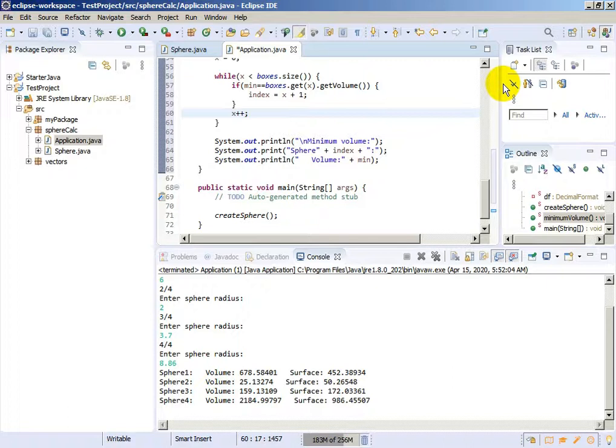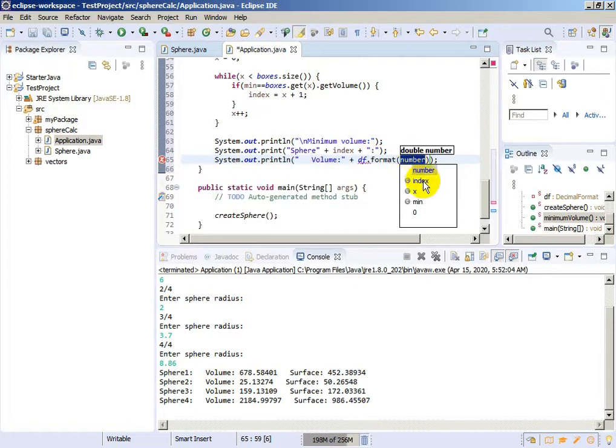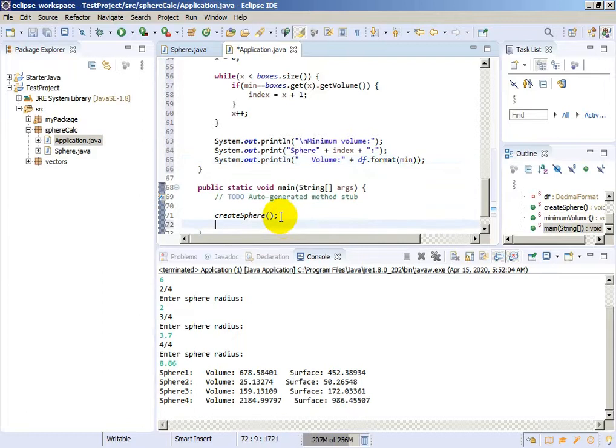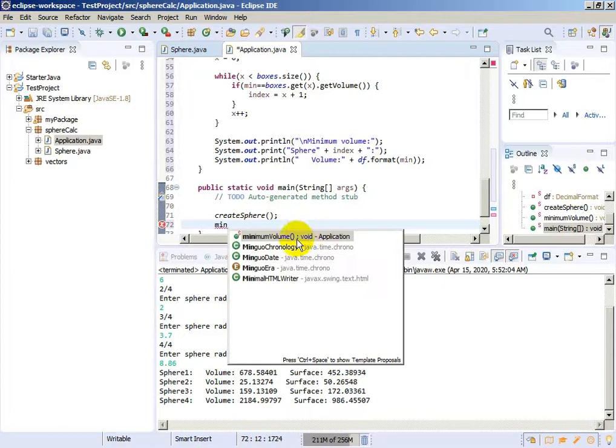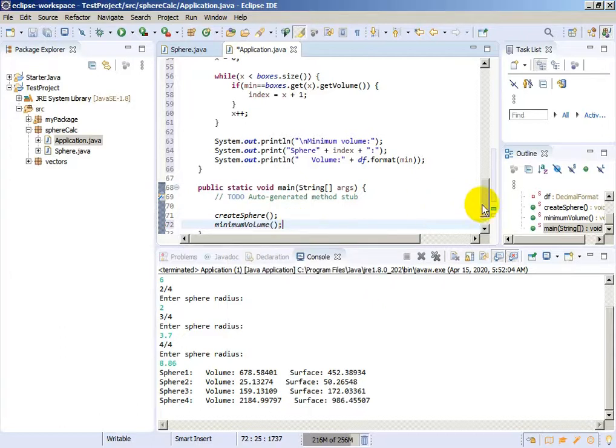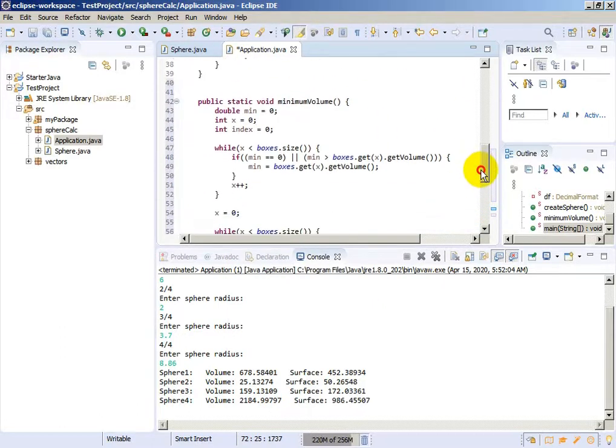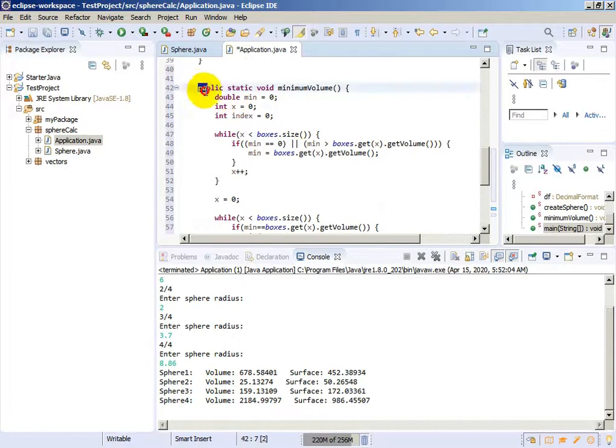And now what can we do? Here we will have a minimum. We will use it with 5 decimals. We will use df dot format and minimum. It will be better. Now let's call this method minimum volume, and before I start to try to see how it will work,